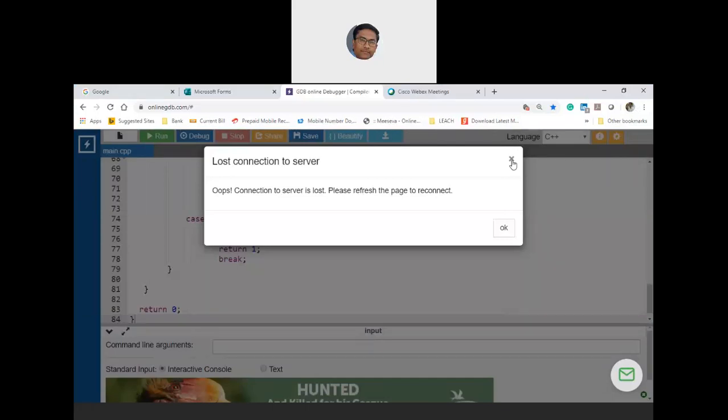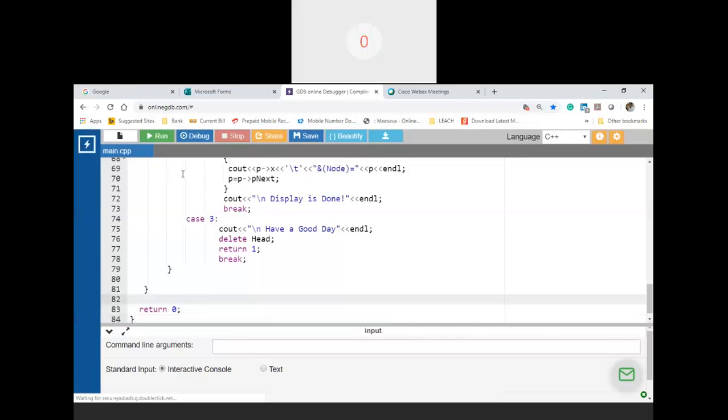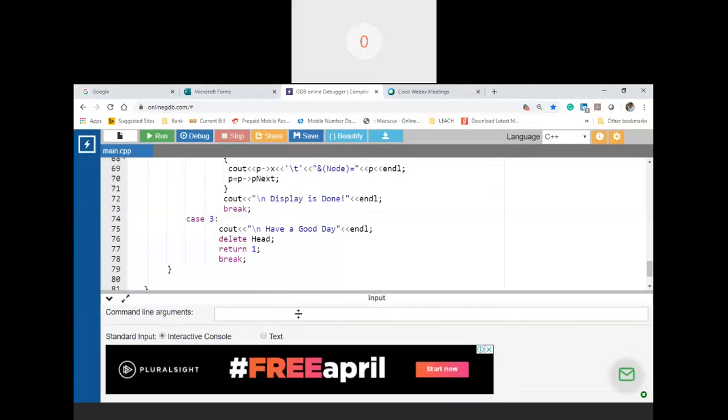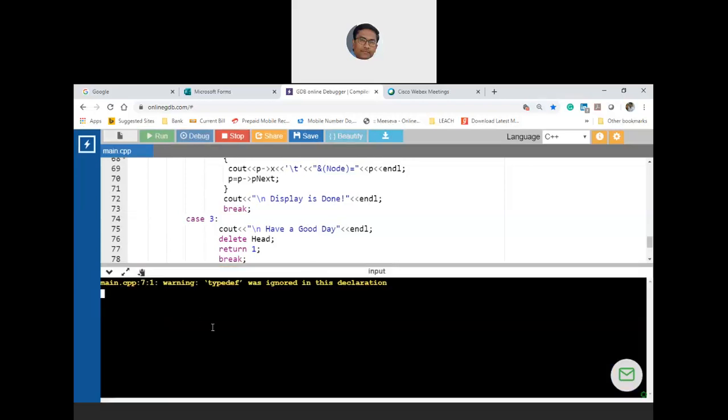Can somebody acknowledge, is my voice audible? Yes, sir. Because I got a pop-up saying that I lost the connection with the server. Let me run this. Okay. Maybe I didn't exit last time.